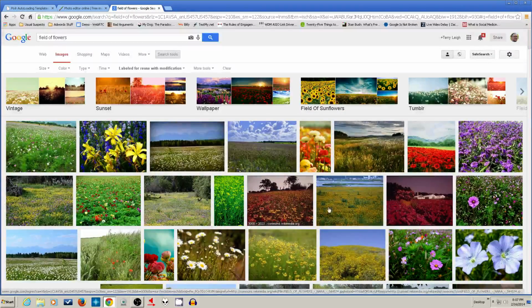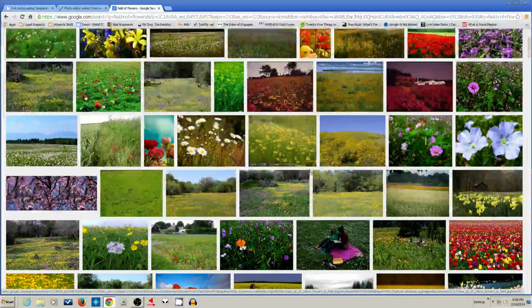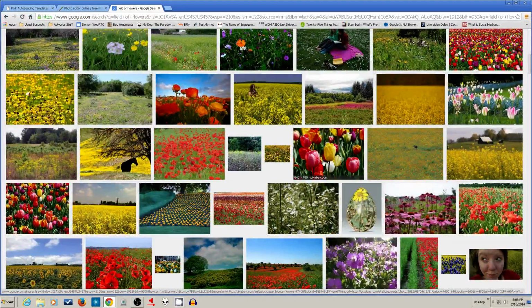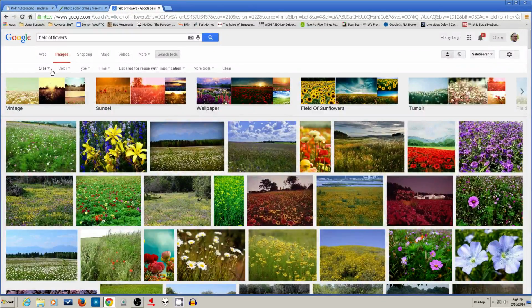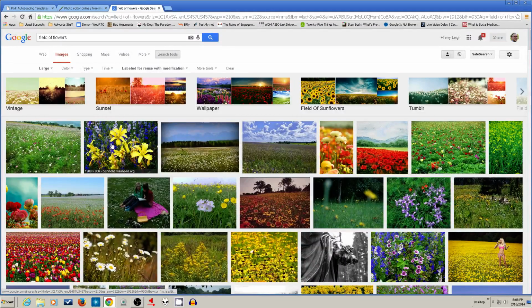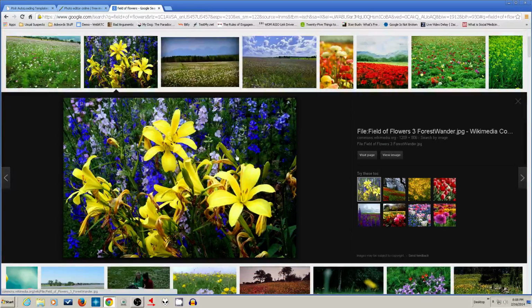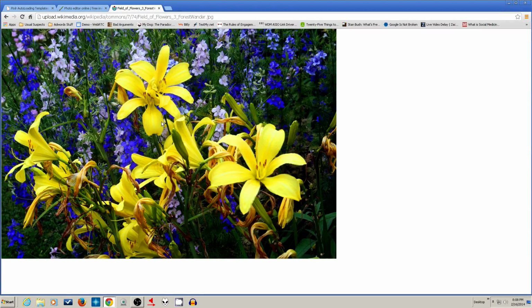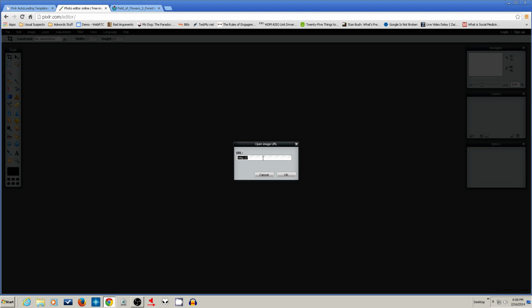All right, so let's pick a field of flowers. Oh gosh, it's so hard to decide. What do I pick? All of these are available to you to use for any use. You can also sort by size, and I'm going to look for some large ones. Just show me large ones, thank you. This looks like a nice one right here. So let's view the image. It's pretty big, and we'll copy the image URL just so I can show you how that works. Now I go in here to open image from URL, paste that in, and hit OK,